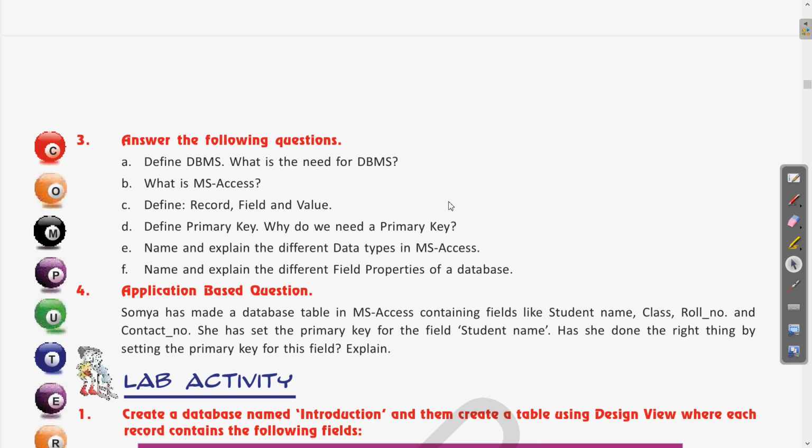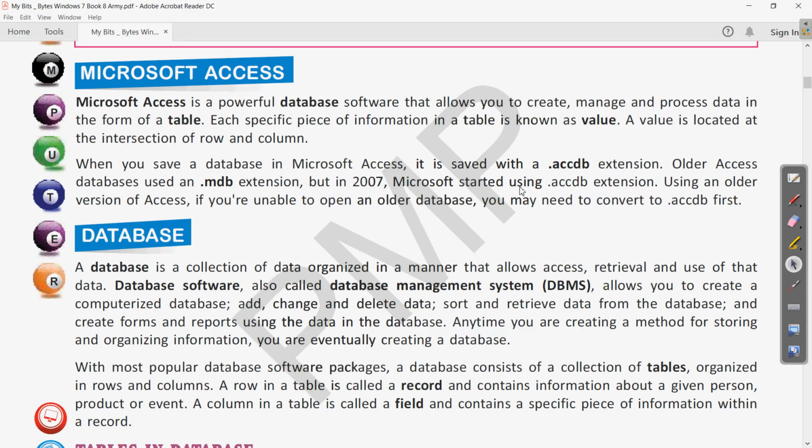The answer of this can also be found in the book in the primary key table. Let us see. We have to define primary key and why we need a primary key. So if we come to the book on page number 20, I think the answer is, let us see on page number 20.